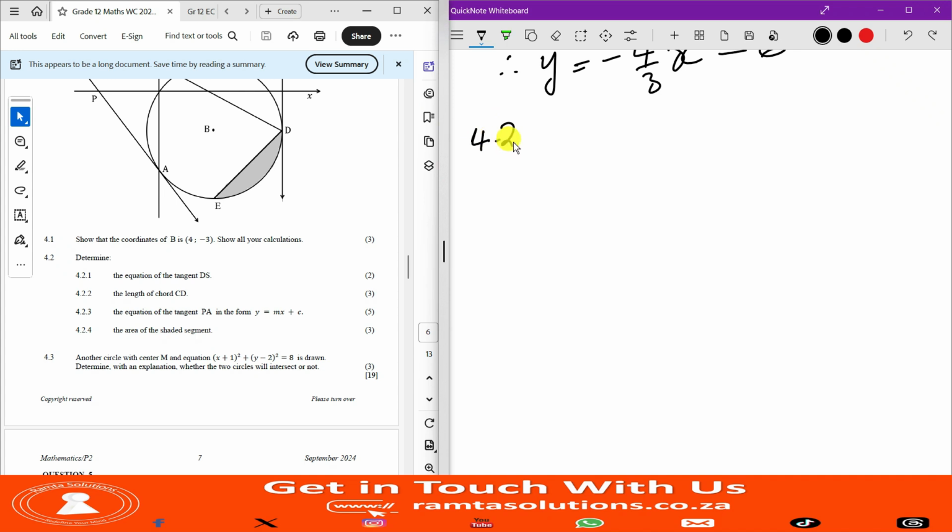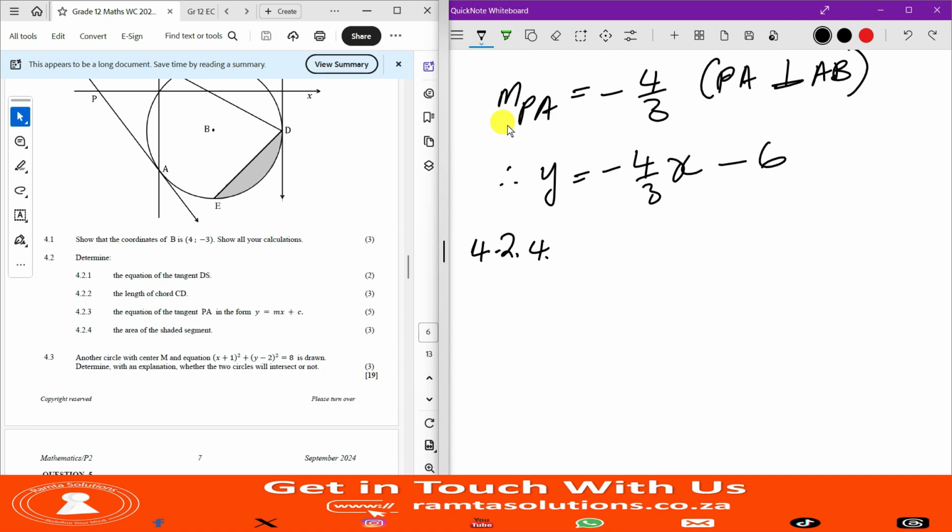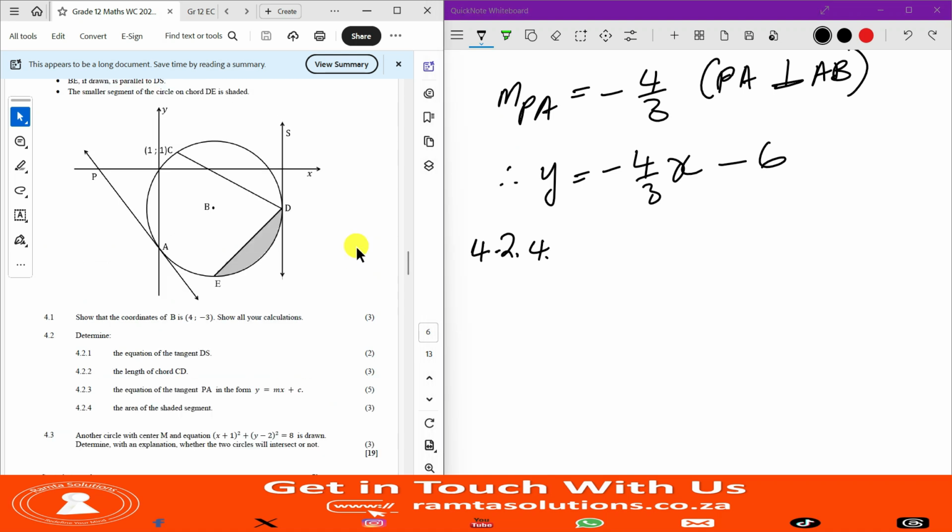4.2.4, area of the shaded segment. All right, so the area of the shaded segment is this. We know that this is a circle, right? So I should begin it like this: area of the circle. Okay, area of the circle is equal to